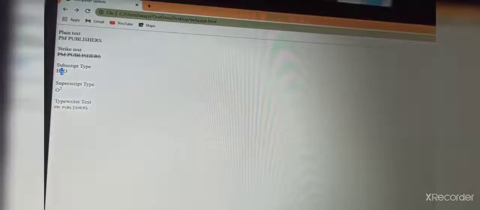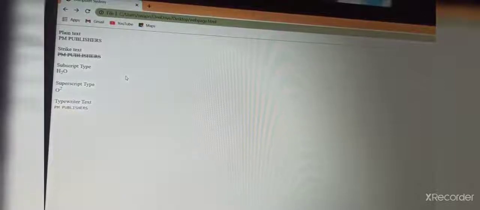Now see this. The plain text will appear as plain text, in the strike text a horizontal line appears, and in the subscript you can see a smaller font appears compared to the rest of the text, that is the 2.